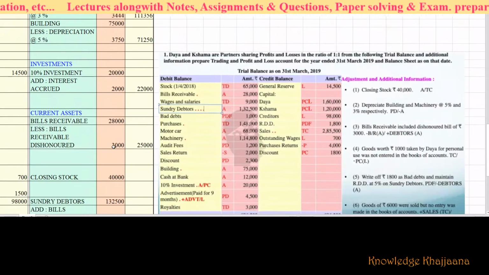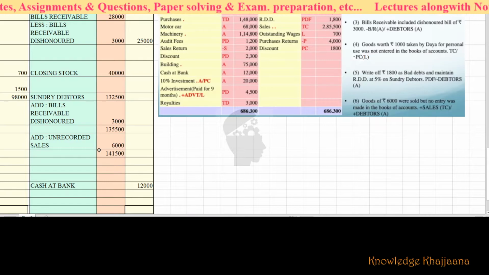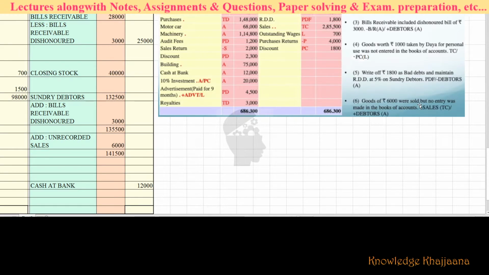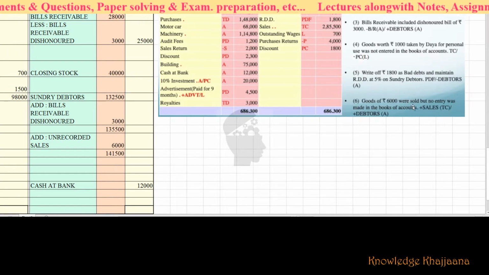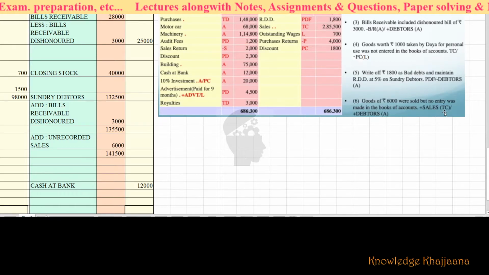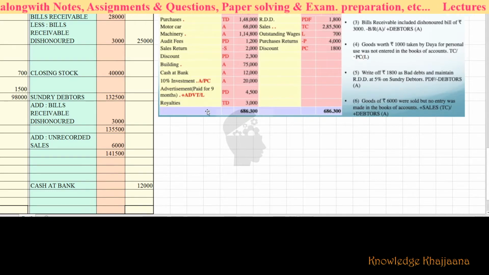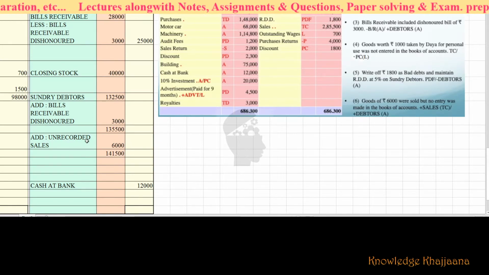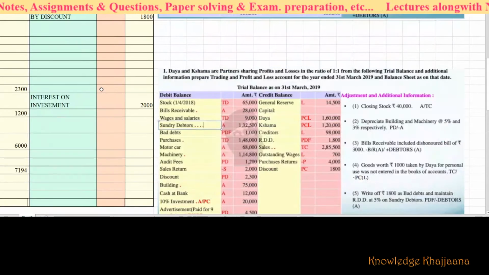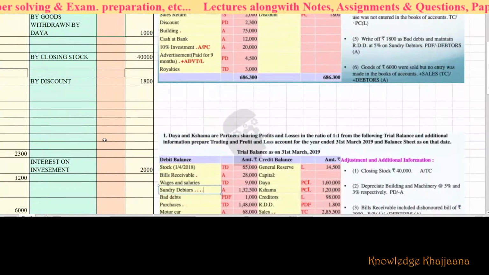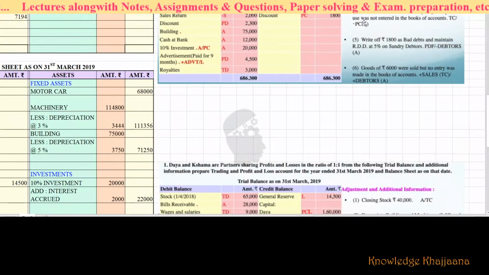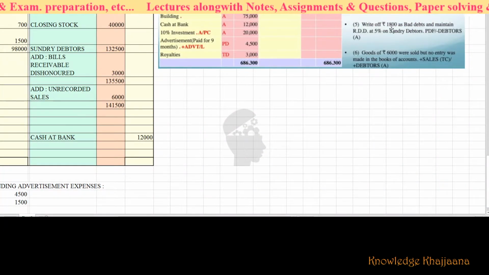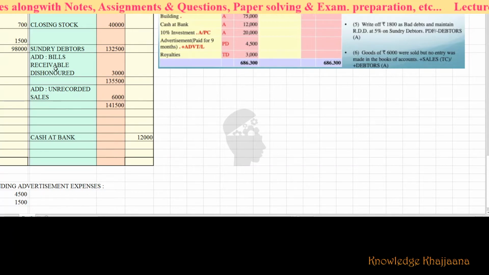One lakh 41,500. Okay, so we have recorded this. Goods of rupees 6,000 we have recorded, and sales we have recorded, and we have added to the debtors, right? We had added to the debtors the unrecorded sales, and we had also added to the sales the unrecorded sales. Now the fifth adjustment which we hadn't solved, right? See what I had told you, whatever about the write off of the bad debts, that we have to do after these other adjustments.